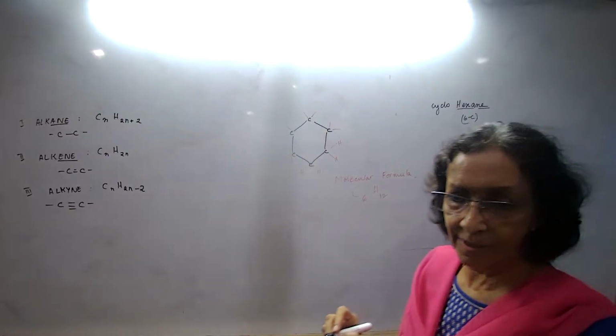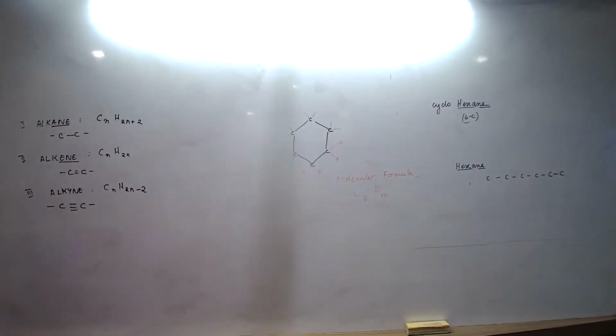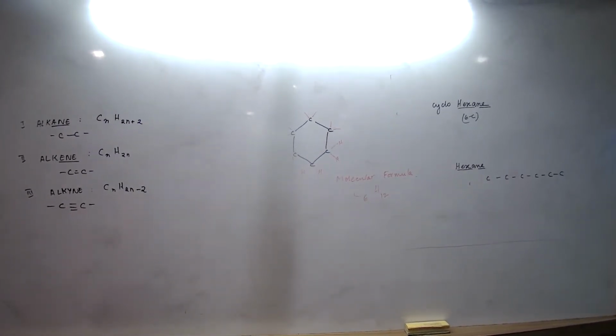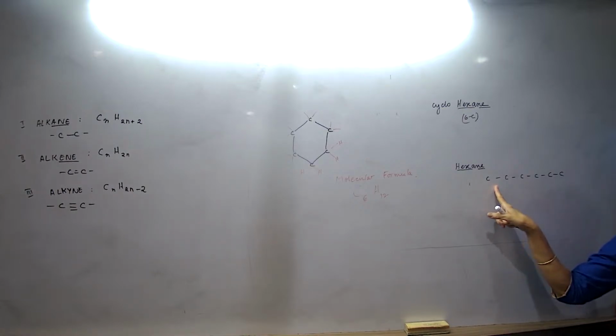C6H14. Very good. C6H14, because it's an alkane. Oh, so ma'am, like these 2 ends are not... Yes. So when you take the 2 ends and bind them together, obviously 2 hydrogens have to be less. Correct. They understood. You keep it up. Hexane, you write the formula now. C6H14. Did you all get that? Okay. Is this a cyclo structure? What is it? Chain, straight. Yes, it is a straight chain structure.